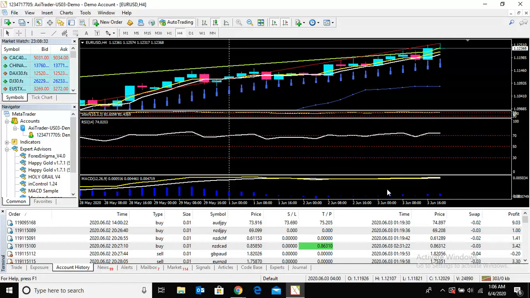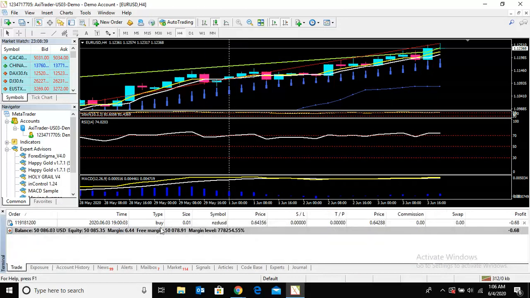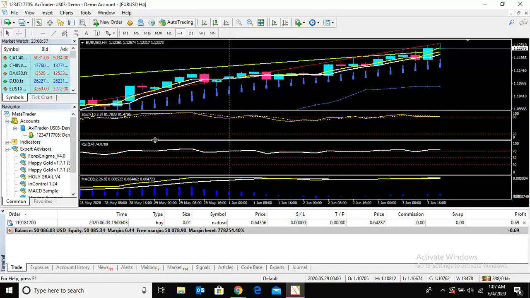I will tell you one more thing. What is the buying condition using this strategy? The market should be above the Heikin Ashi. Bollinger Band stops should appear below the market. The relative strength index indicator should be above the level of 50. I am telling you about the buying.